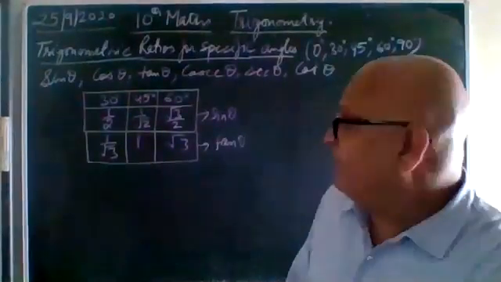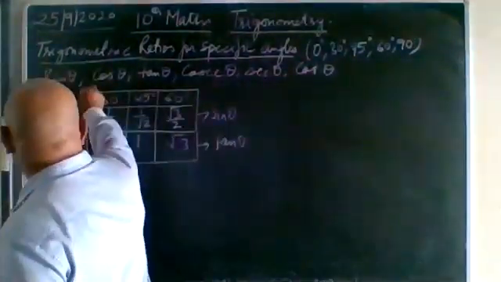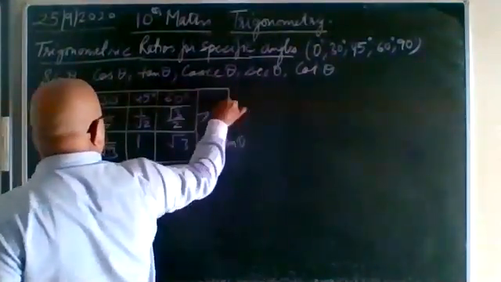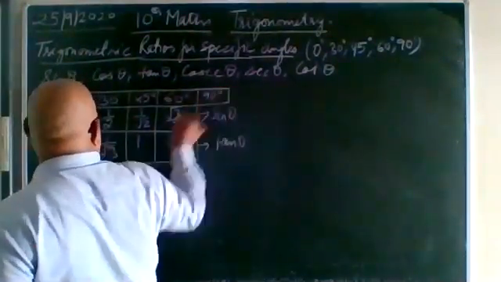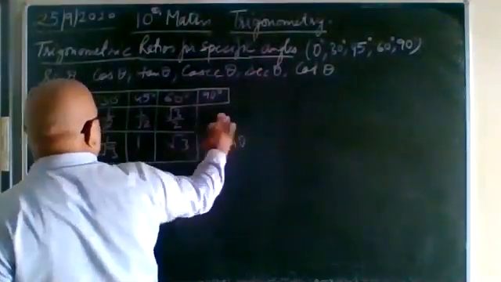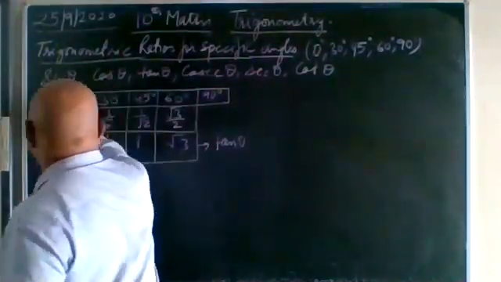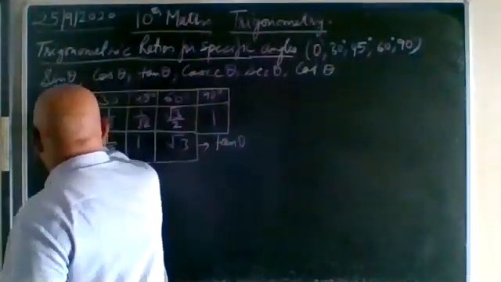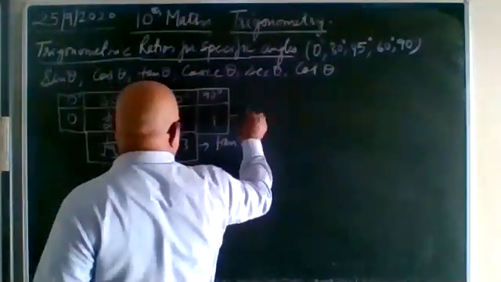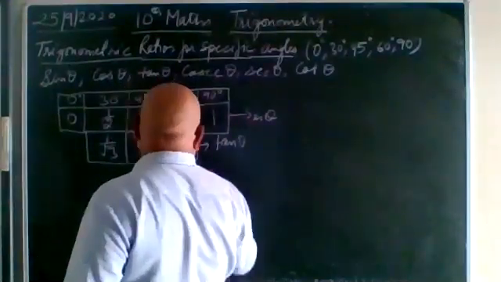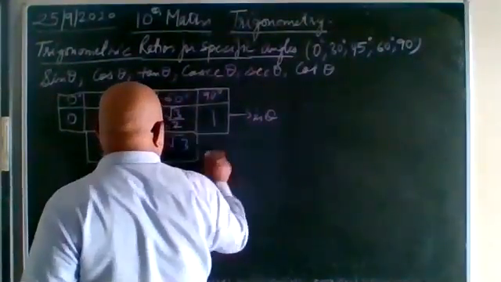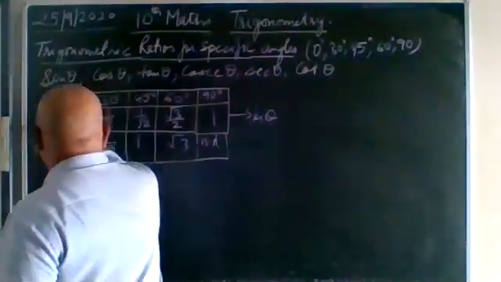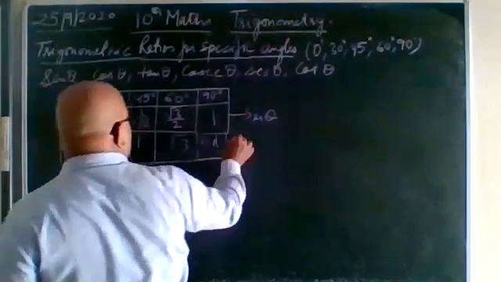If I talk about 0 degree, 0 degree is like this, and this is 90 degree. So it is very easy to learn. For 0 degree, that is 0 and 1. If you know that, then you will get the benefit of it. So this is for sine. Now for tan, at 90 degree it is not defined, and at 0 it is 0. So this is for tan.